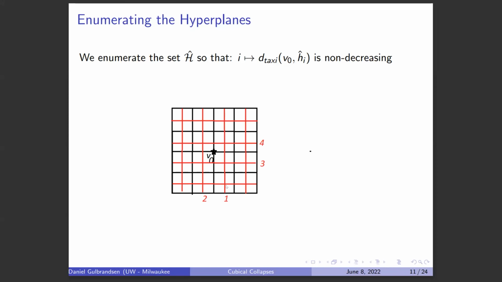And to make it even more clear with a picture, this is some finite subcomplex of the plane again. Here in red, you're seeing 8 hyperplanes, but you can see that these first 4 here that I've gone ahead and numbered, 1 through 4, are at the closest level to the base vertex. So what I'm saying with this enumeration is that you just have to put those first 4 in first. And it doesn't matter what order those 4 show up. I've chosen to go with this order, but as long as those come in the first group of 4,